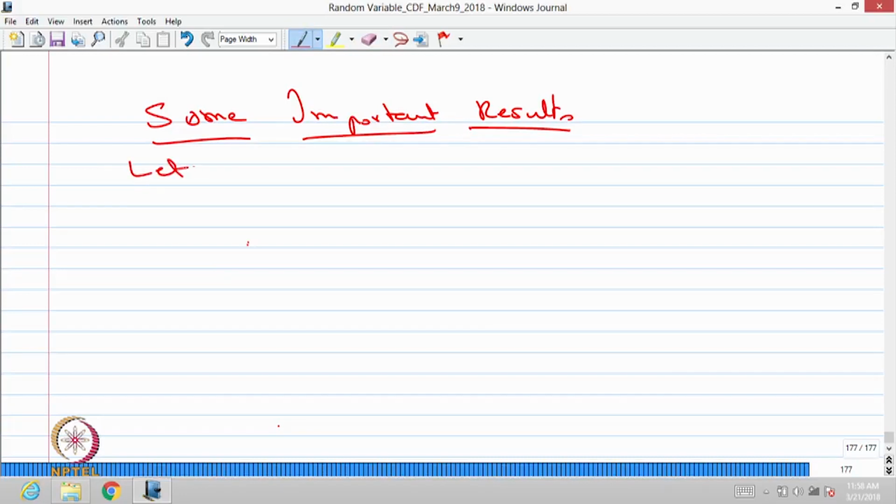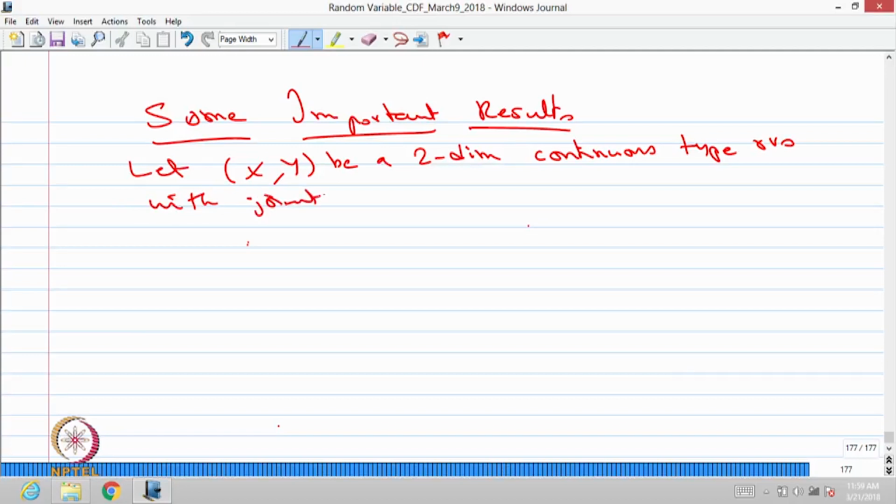Let x comma y be a two dimensional continuous type random variable with joint probability density function given or known. The first result,